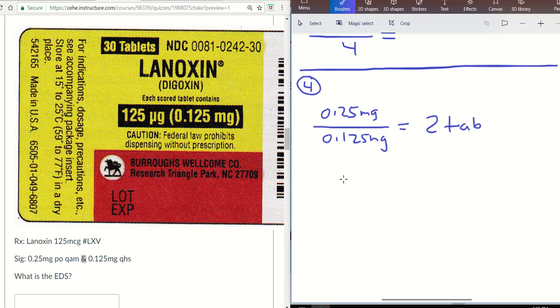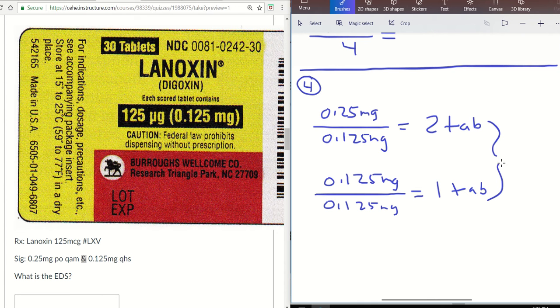Let's do the nighttime dose, 0.125 milligrams QHS, and the supply is 0.125 milligrams. So every night at bedtime, they'll take 1 tab. So how many total in a day? So 3 tabs in a day. So we have to add them together. So 3 tabs in a day,